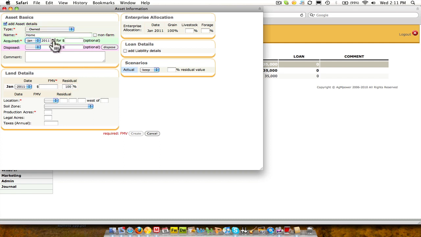We've had it many years. Let's just put a few years ago, and it was worth $50,000. And it does require a location quarter, so we're going to say that was northwest of 111 west of 1. And the soil zone is black. It's not required, but it's nice to put in. Production acres is 150 acres. Legal acres is optional, but I'll put 160. And the taxes we'll say are